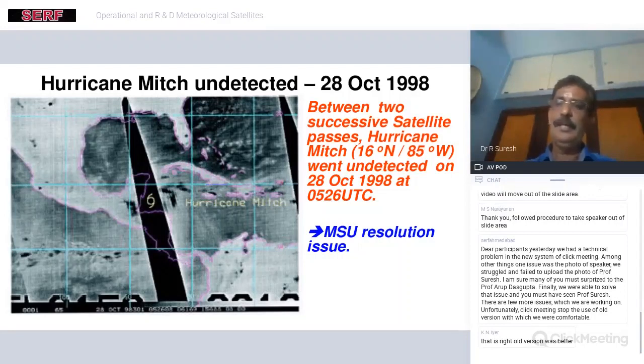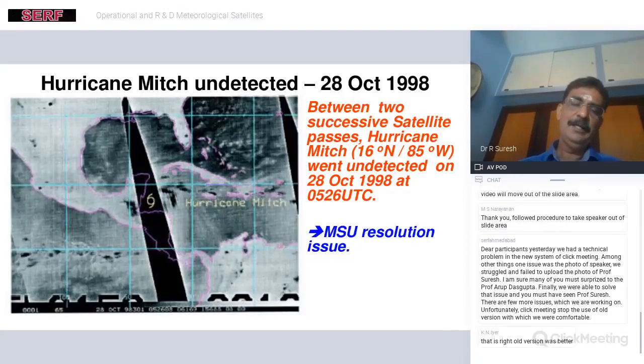There are miniature cyclones which have been tracked in recent times with a radius of hardly about 30 kilometers. If the swath does not have that coverage of 100 kilometers, there is an open area within which the 30-kilometer radius cyclone is hiding itself. Two successive satellite passes will not be in a position to cover it. So this is only food for thought.